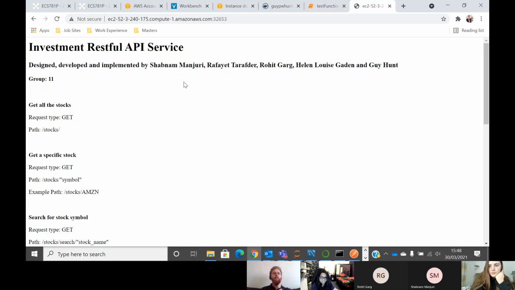So we developed a RESTful API service that allows people to manage lists of potential investments or stocks that they're interested in purchasing or tracking. So as part of this, we've